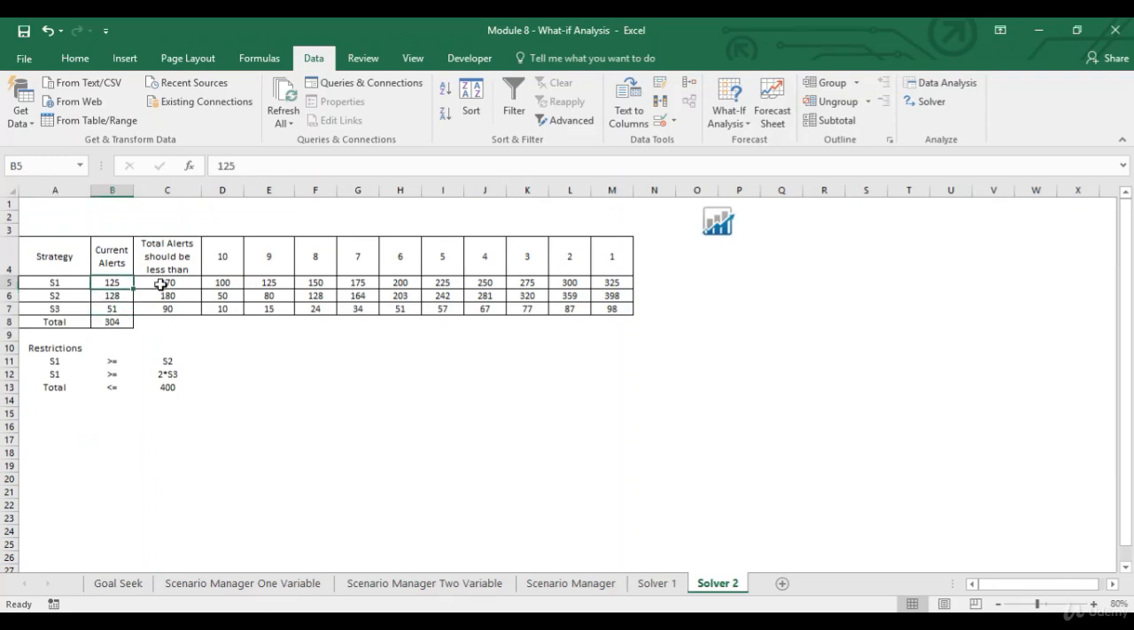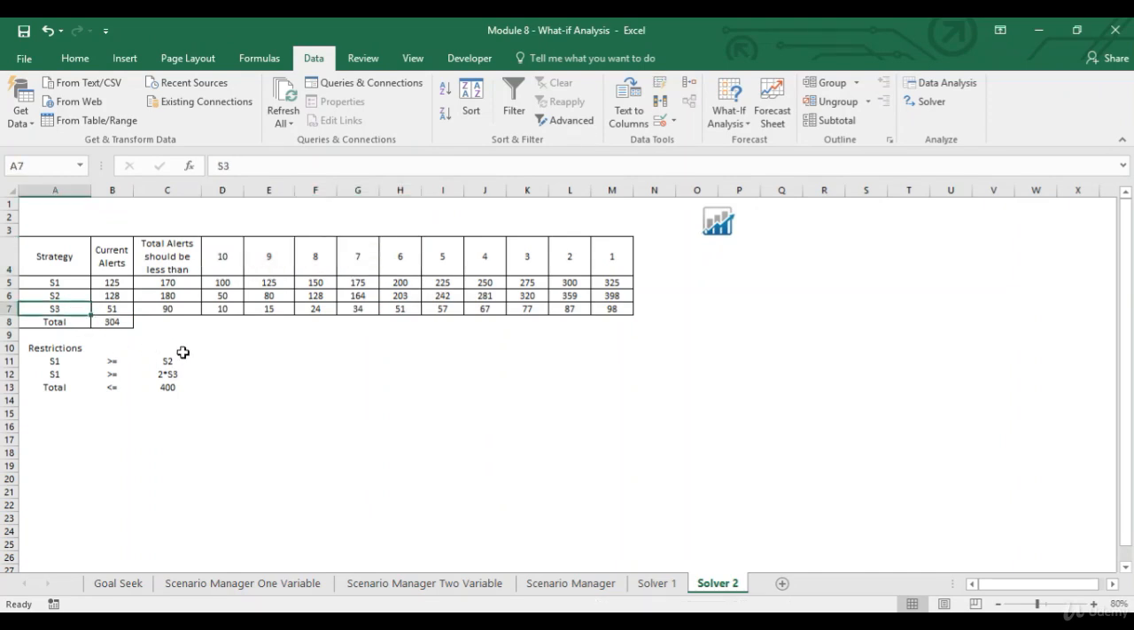So currently these strategies have a set score. So for strategy 1, we are right now having 125 alerts. So basically any alert with a score of greater than or equal to 9, we are considering for strategy 1. For strategy 2, we've got 128. So any alert with a score of greater than or equal to 8, we are considering that. And for strategy 3, we've got 51. So any alert with a score of greater than or equal to 6, which is being triggered by strategy 3, we